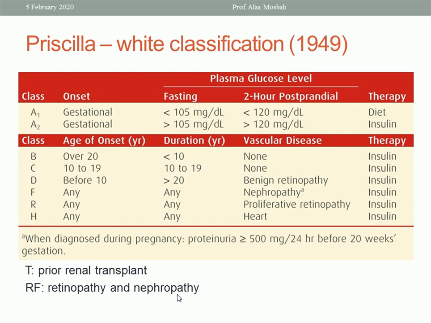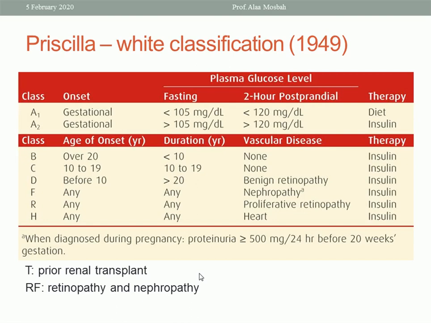Let us go to the Priscilla White classification in 1949. What about this White classification? This classification was done by a researcher called Priscilla White and includes classification of diabetes into different categories. Class A, 1 and 2, which is gestational diabetes. In class A1, the fasting blood glucose is less than 105 milligram per deciliter, and the 2-hour postprandial less than 120 milligram per deciliter. And the therapy includes